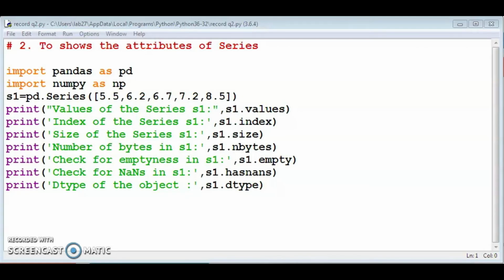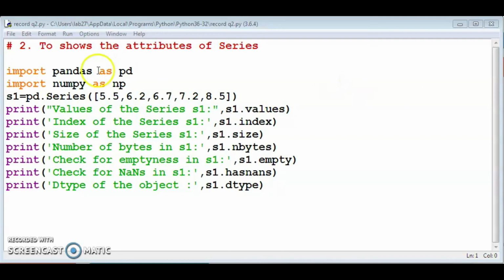Next question. To show the attributes of series. Create a Python program to show the attributes of series. The attributes of series are values, index, size, nbytes, empty, hasnans, dtype. These are the attributes of the series object.